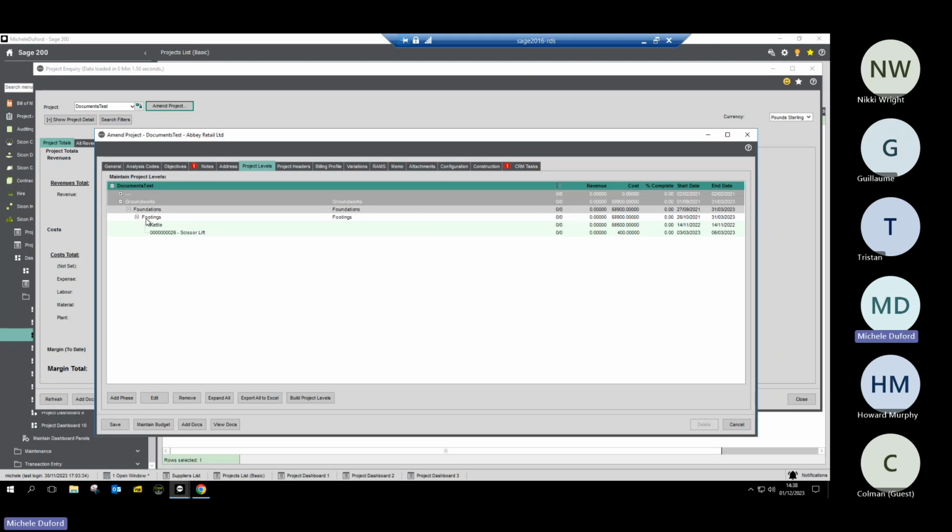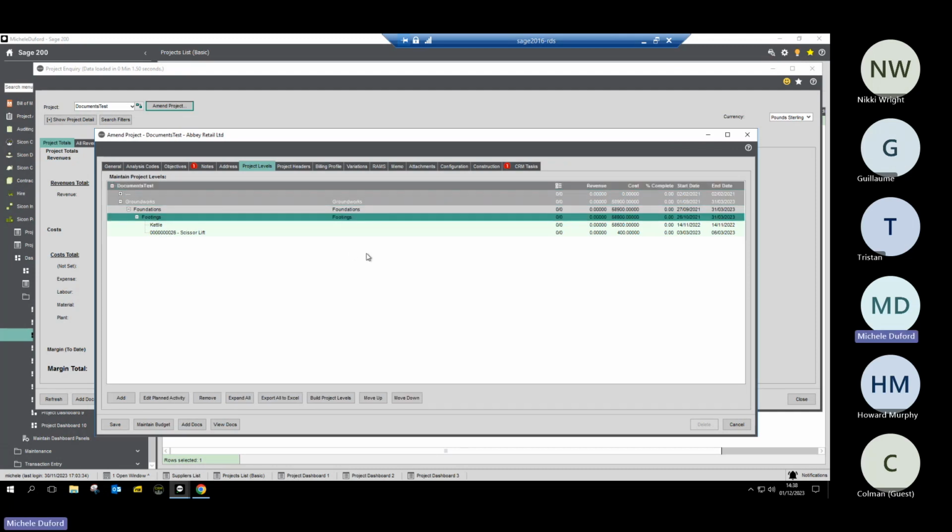The other thing that you can also do, rather than going into standard Sage and putting on a purchase invoice as an example, I'm still in standard Sage, but we have a mechanism to stay in my project in order to actually do the transactions that relate to the project at that level. So in here, when I go back into my groundworks, when I look back at my project,